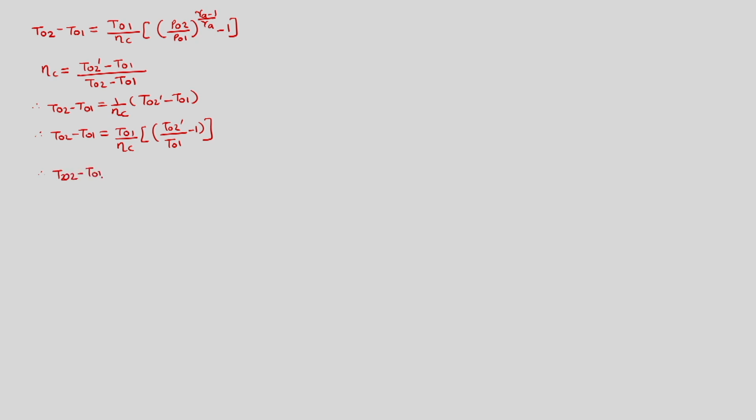We know that T naught 2 dash upon T naught 1 is (P naught 2 divided by P naught 1) bracket raised to (gamma A minus 1) upon gamma A. This is what the derivation for this formula is. So we know now T naught 2 minus T naught 1